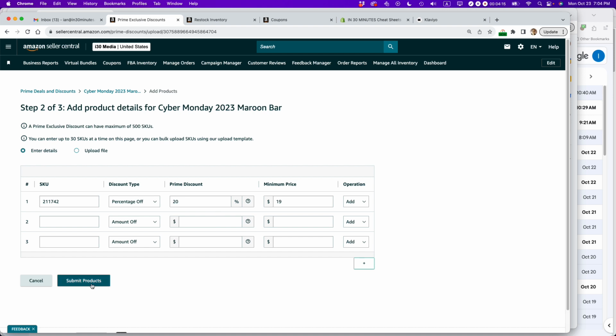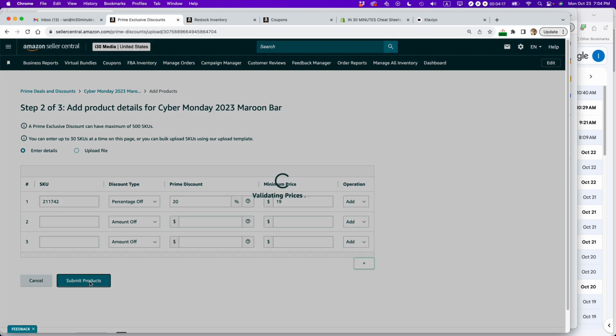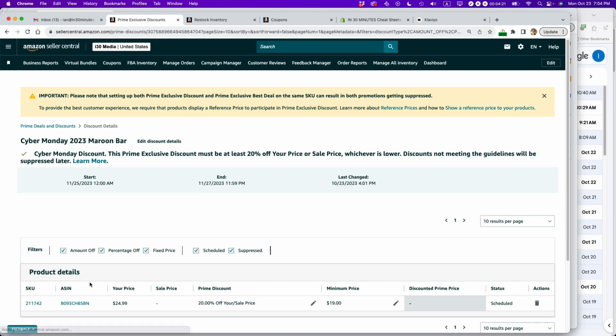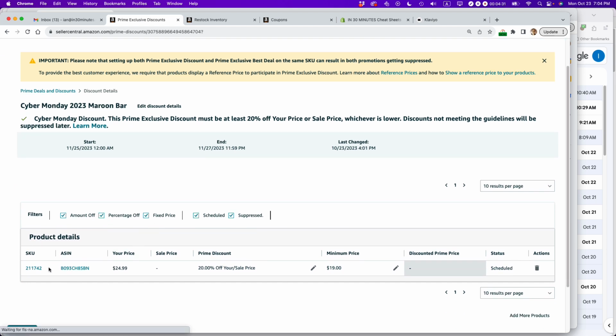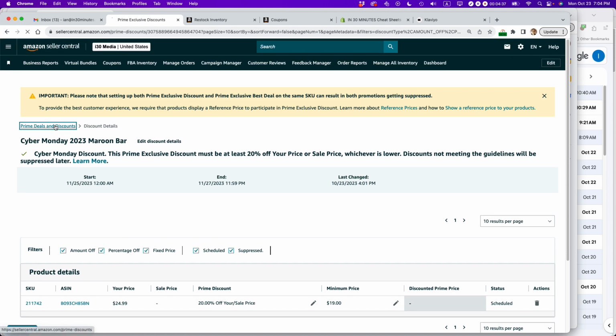So I'm going to click Submit Products, and then I'll get a confirmation message. The confirmation message just says, yes, you've submitted it, but they may find something later on. And indeed, I recommend after every single Cyber Monday discount that you enter on Amazon Seller Central, check the Prime Deals and Discount page later,